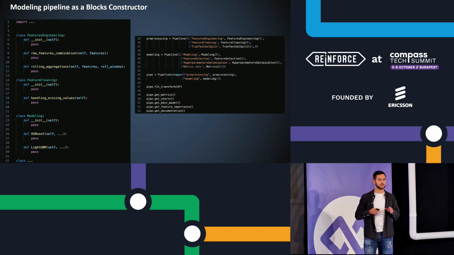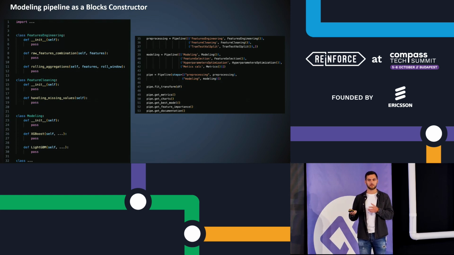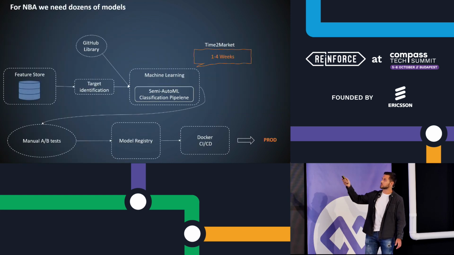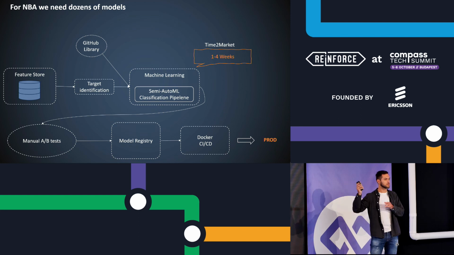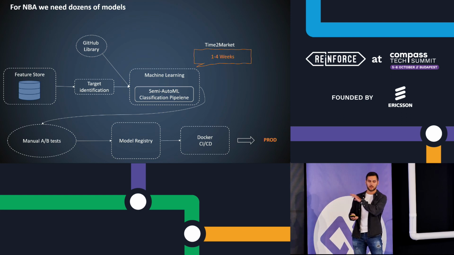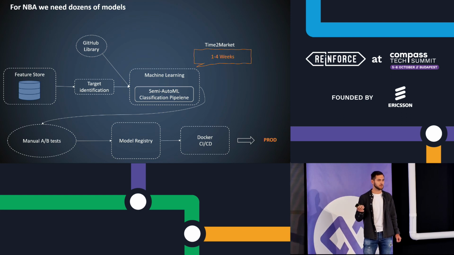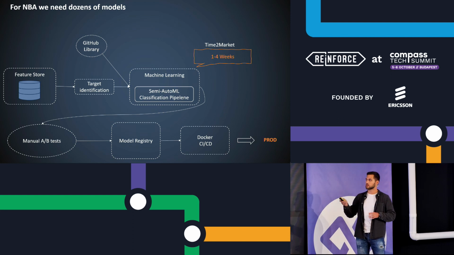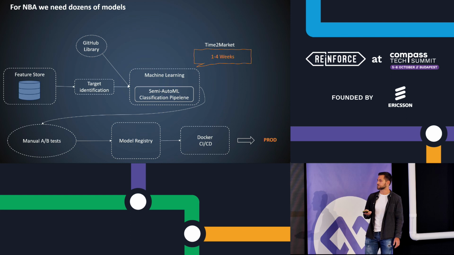And the most interesting thing here is that we have a team of 5 people, right? And we can collect all the working methods from all the team. And if they want to develop something else, they can also contribute into this library. And this is how we can optimize our time to market of machine learning models from 2 months at the beginning to 1 to 4 weeks. And here would be the special stage for target identification. It would be the longest part, to understand what the target would be, because as far as we know, in machine learning we have the garbage in, garbage out rule. If the target is bad, then we cannot predict anything.